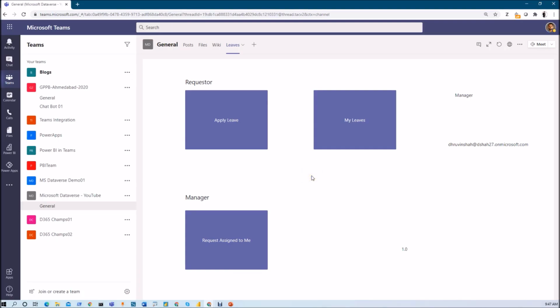Microsoft Dataverse for Teams. As we all know, Dataverse for Teams provides us a way to create our tables and build Power Apps, Power Automate and Power Virtual Agents chatbots on top of that data. Now sometimes we need to load Dataverse for Teams table data to Power BI Desktop in order to prepare further reporting. So how can we load that? Let me show you that in detail over here.